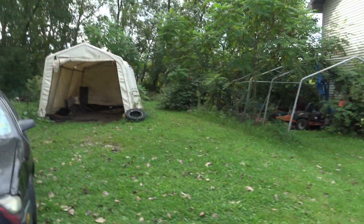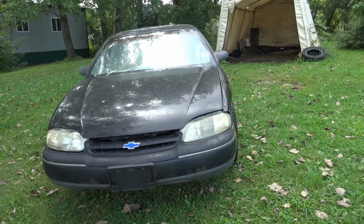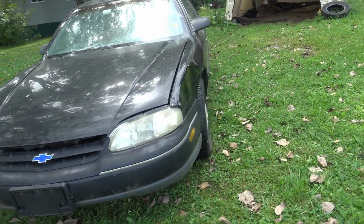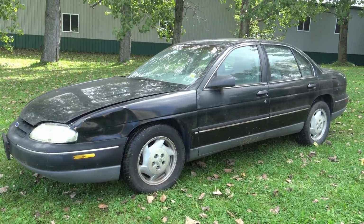Well, this is a 1996 Chevrolet Lumina, and boy, does this thing have a story behind it. Whew. It's been a long time coming. So back in 2018, that's right, 2018,